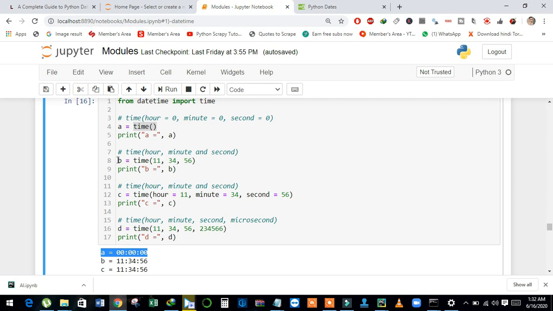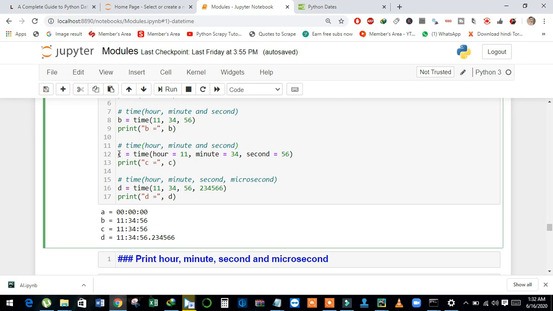Next, I can assign values of hour, minute and second. See here, in B it stored the values of hour, minute and second, and this is the result of B. In this example we can define hour equal to 11, minute equal to 34 and second equal to 56.